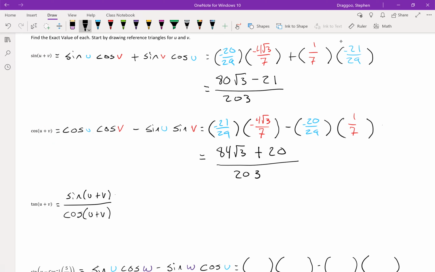I'm only doing it this way because I've already done the work to get each of those pieces. If I hadn't already done this work, it would probably be easier to just use a tangent sum formula, but